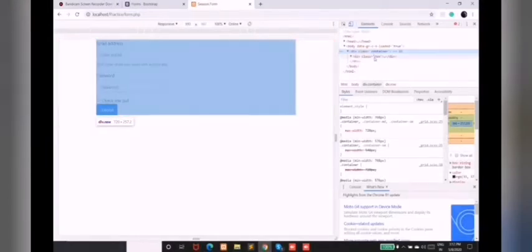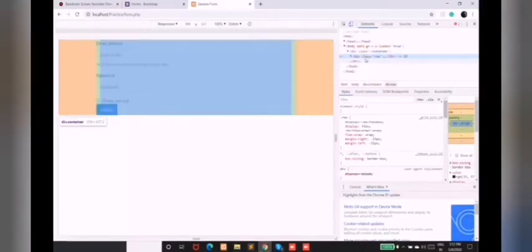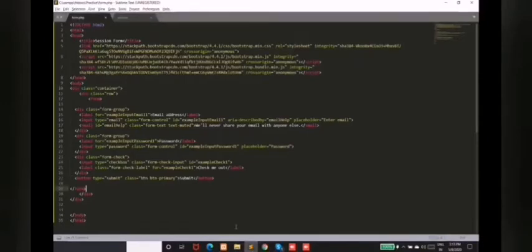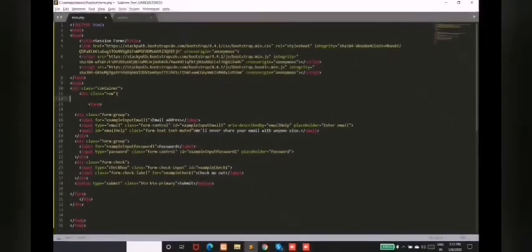Now you can see the row. This row is smaller than the container, because we are assigning a row inside that container. So it will not cross the container itself. Now what we can do is, we will assign